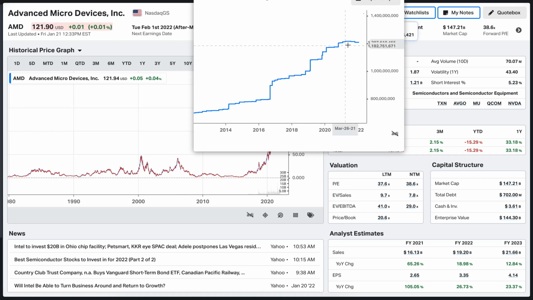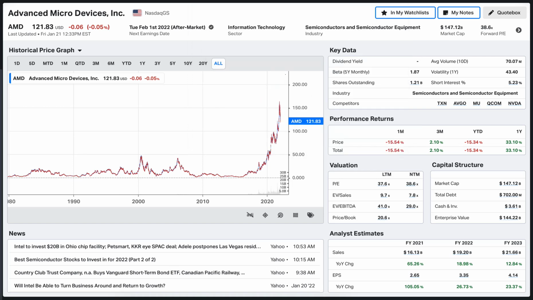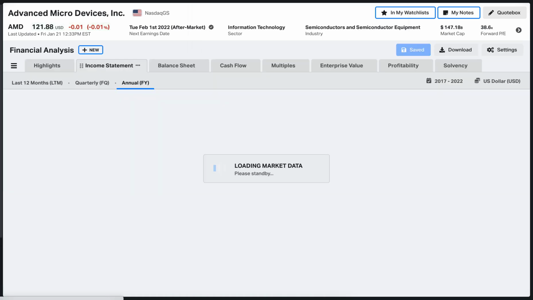So the company is actually diluting shareholders a lot over here, and this is something that I never like to see. So the company is financing itself by creating more shares. So yeah, that's a negative thing. And let's take a look at the income statement